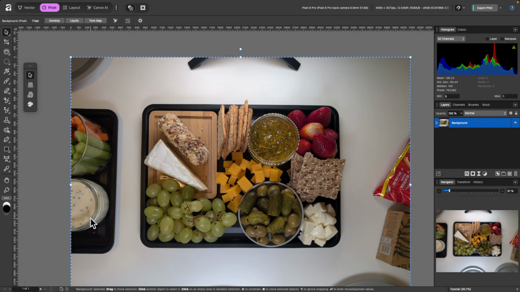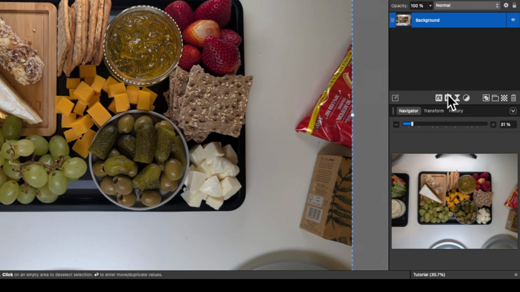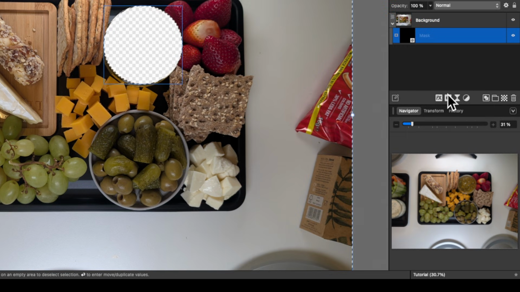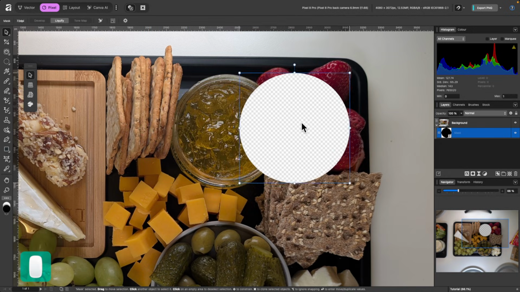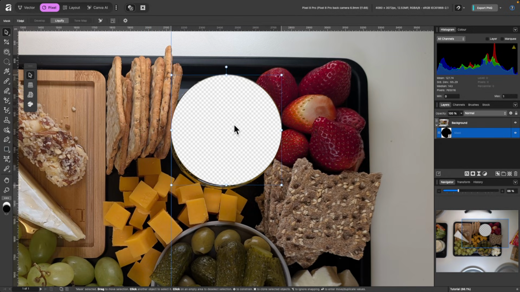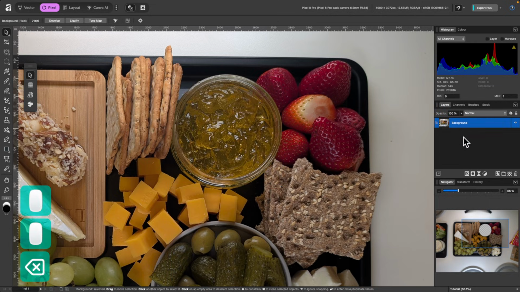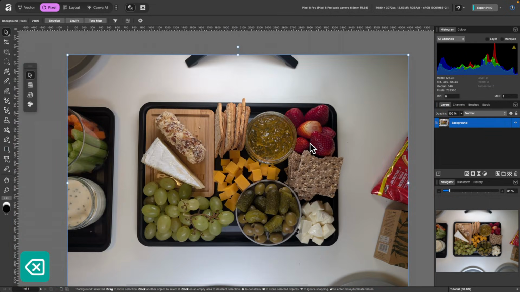So you see now we have the marching ants around, and I can go back to Mask Layer and click it, and it looks exactly like when we just deleted it, but instead now we have a mask layer. And again, you can press Command D to deselect that, and you can just move this around. Okay? It's completely non-destructive, so in fact, if I don't want this, I could just go to the mask layer and press delete, and we're back to our original image again. We'll get into masking a little bit more later.